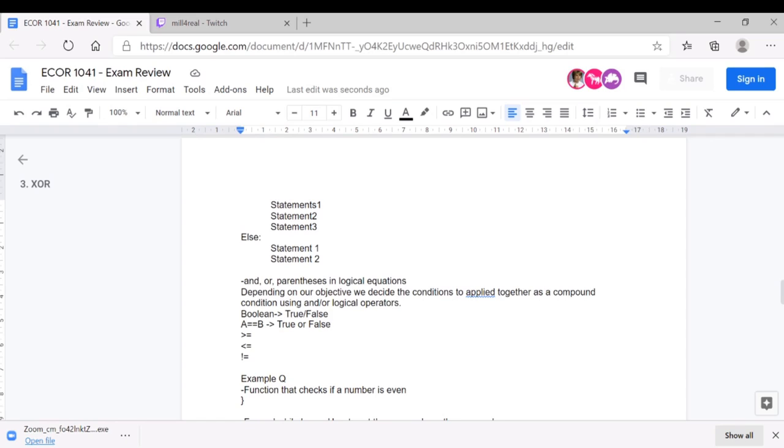A different way of saying a is not equal to b is this one. Now here we are checking if a is not equal to b. So this should give us a true if a actually is not equal to b. But if a is equal to b, this gives a false. So you see, a not equal to b and a equal to b are sort of inverses to each other. And similarly for greater than equal to and less than equal to. These are basically logical operators that return you Boolean values, a true or a false.